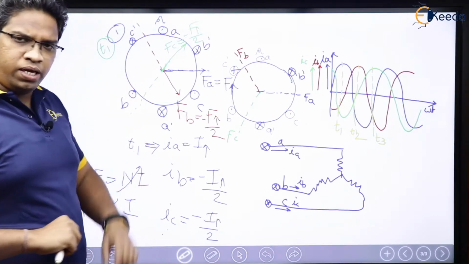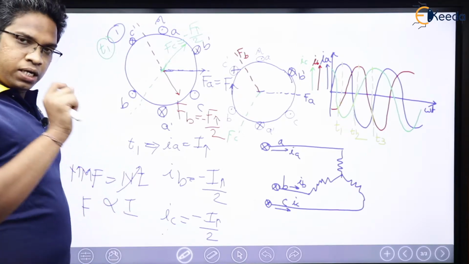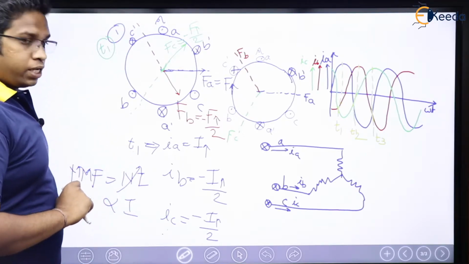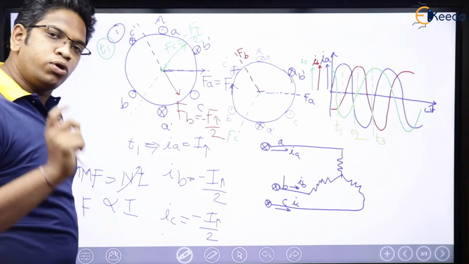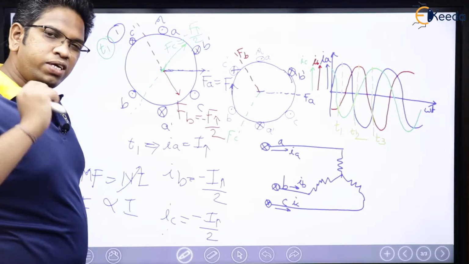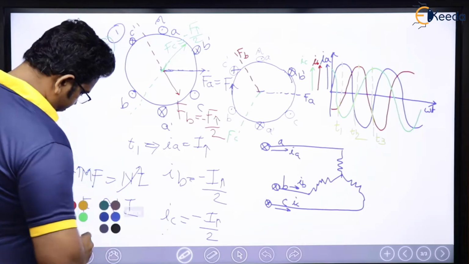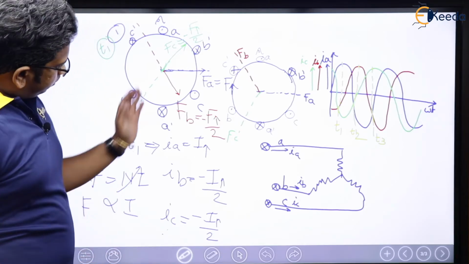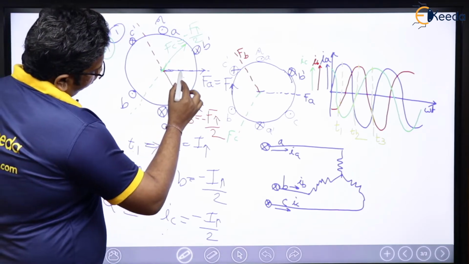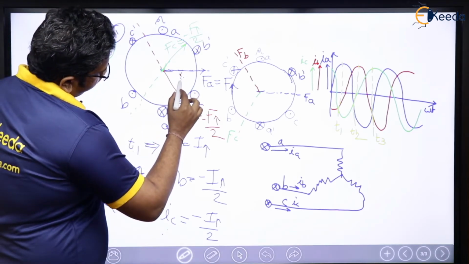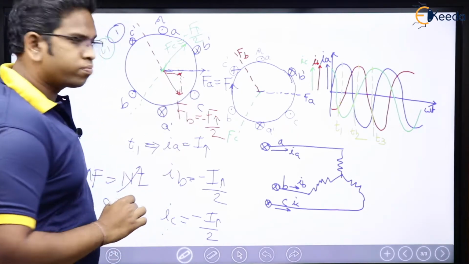Now will there be addition or not? Of course there will be addition. Now please tell me one thing. In this case, let us say when I am talking about FB, will I have two different components of FB? Now here is something related to vectors. Let us see. This is FB, right? Can I have one component in this direction and another component in this direction? Can I have?